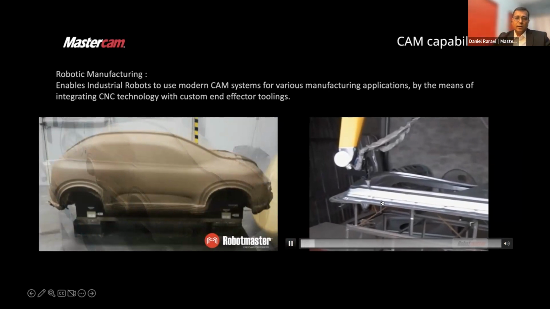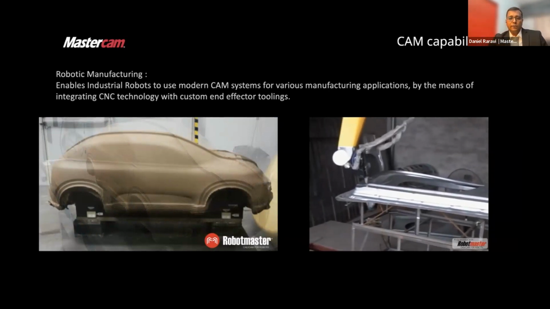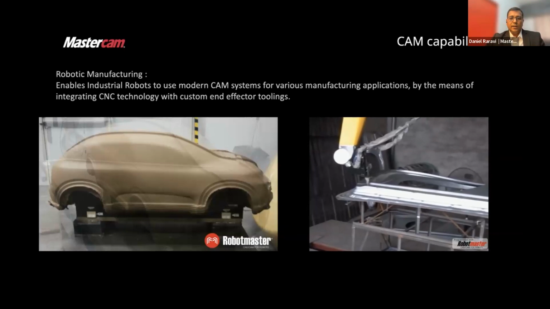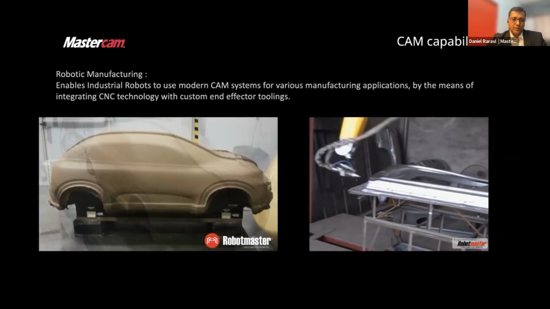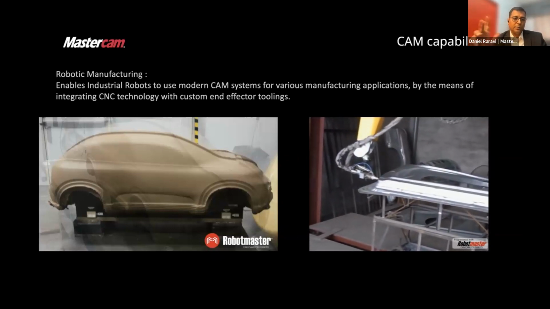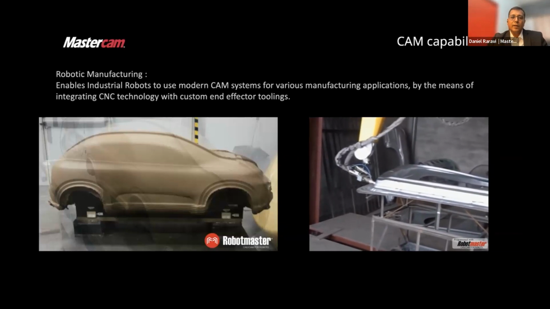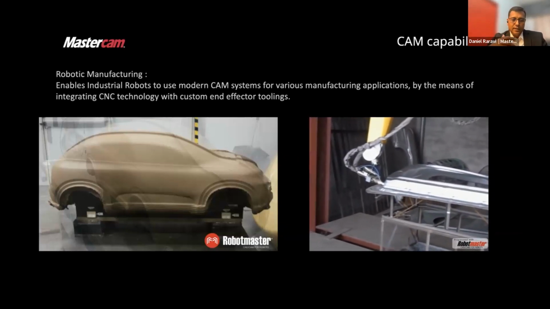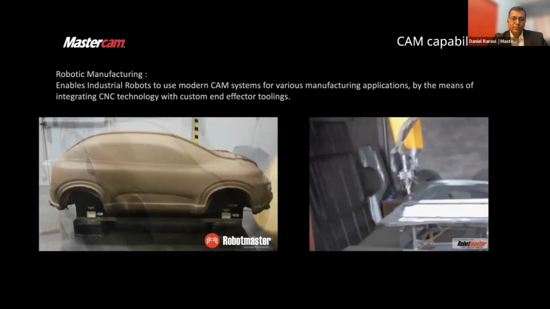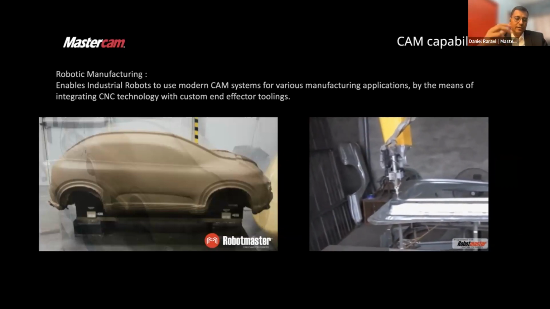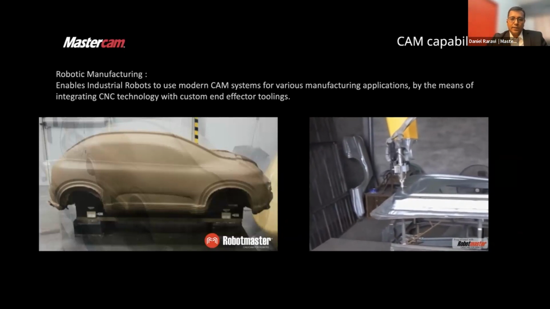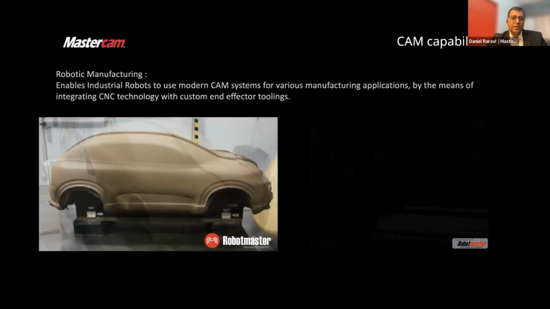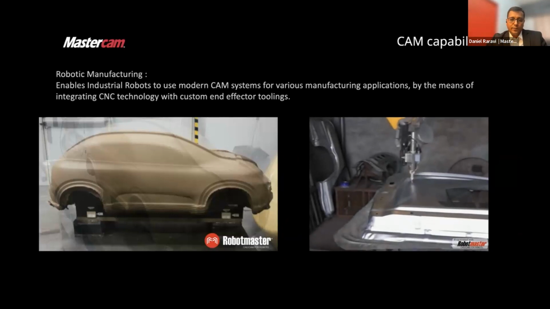And again, there are a number of complexities when you're working with robots because a typical robot has 6 axes, and then something called singularity in robots, where the robot gets locked into a specific position because it finds either an infinite number of moves or no moves at all when it reaches a specific position. And using advanced CAM software allows you to program it in such a way that you avoid that.